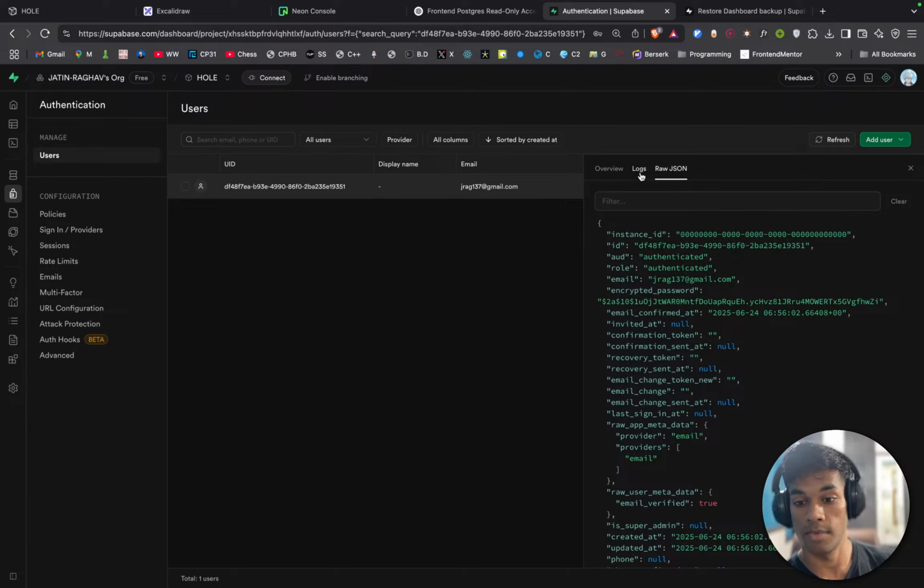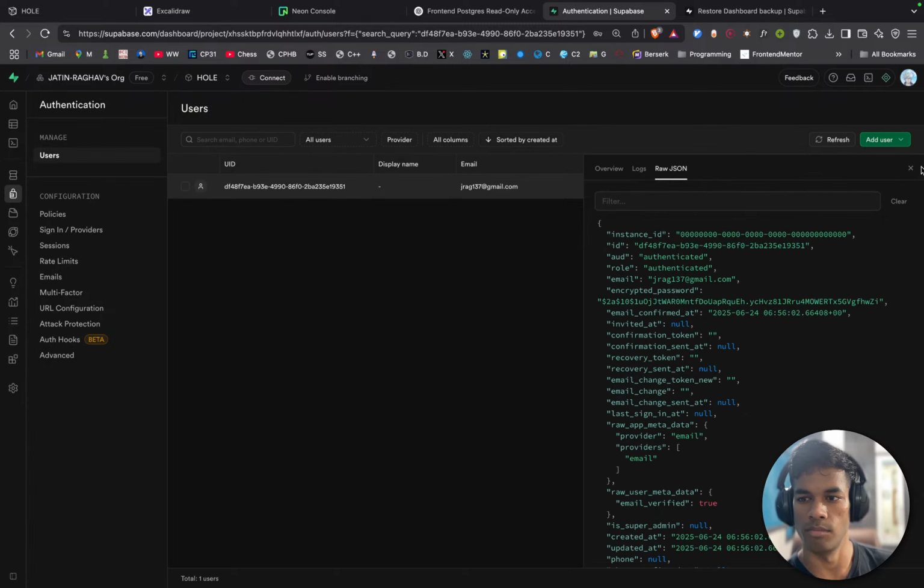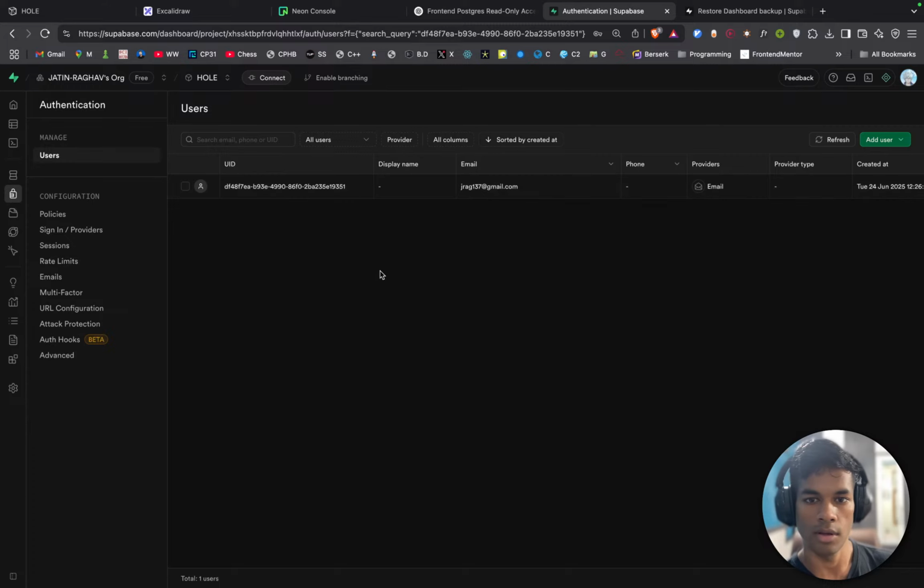Okay, I will have to delete the user and then create a new one, because you guys can see the encrypted password, and maybe there could be some way through which you can get back the original one.